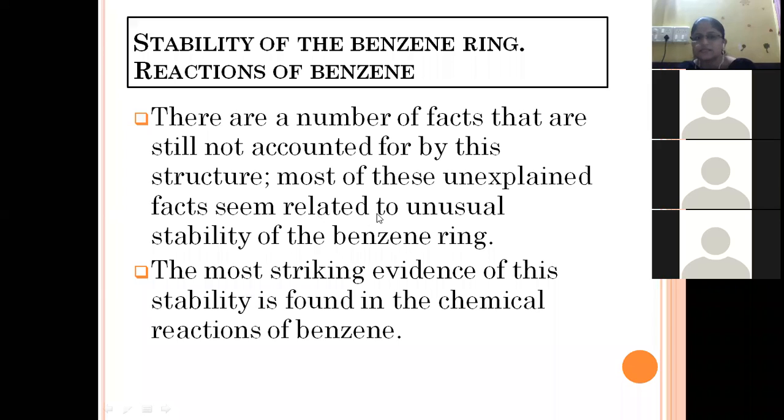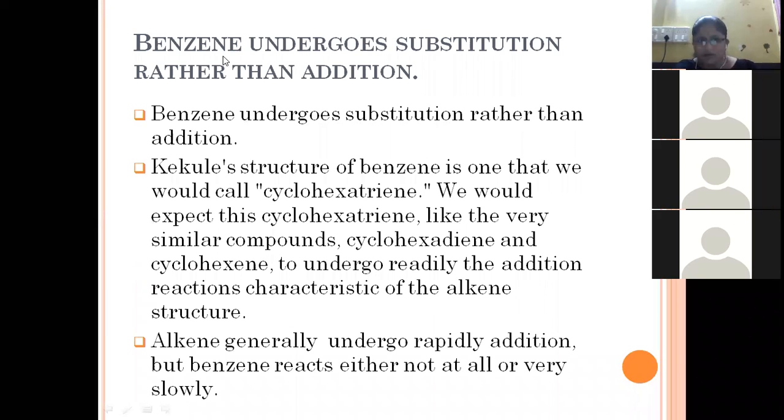These facts seem to be related to the unusual stability of the benzene ring. The most striking evidence of this stability is found when we discuss the reactions of benzene. Now, we all know benzene generally undergoes